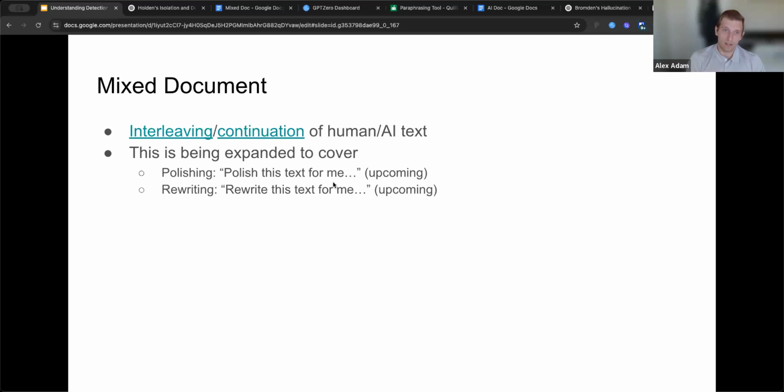So we're working on having a more granular classification of these kinds of texts so that you as teachers have the ability to say, okay, maybe they used a little bit of AI help, and a couple of years from now, this will be considered as acceptable as just using a spell check. And that's okay, and we don't want to penalize them for that. So yeah, let us know if you're interested in this, because this is an active area of development for us.